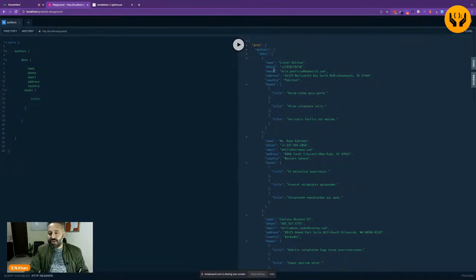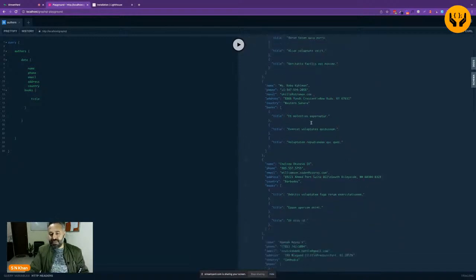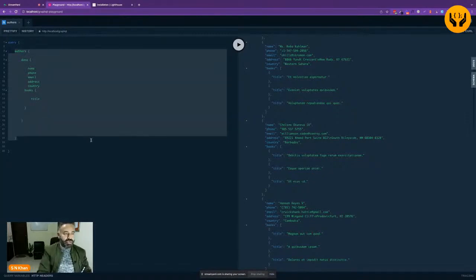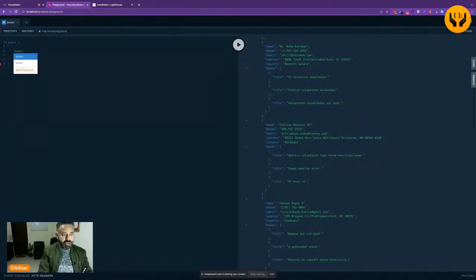So what's going to happen is this person from Pakistan has written these 3 books, and if you look in the database, it's going to be the same 3 books that this person has written. The converse is also true. Somehow books, they took a little time. So books, and if you want to query books, you can do it with, sorry, okay, see, it's very difficult to make a mistake. Data,